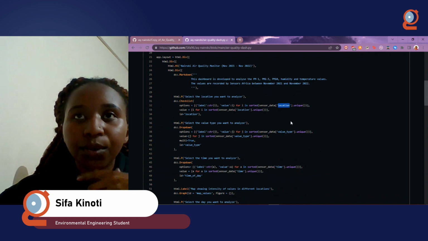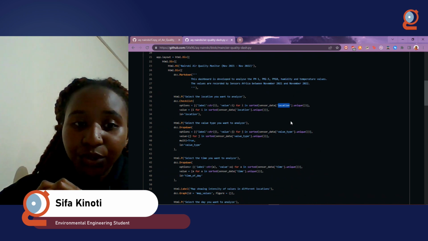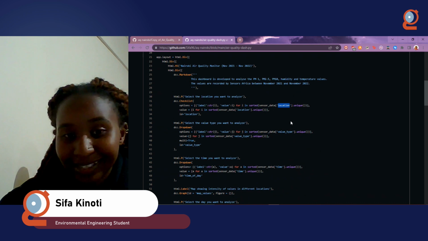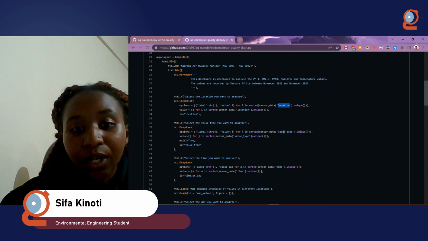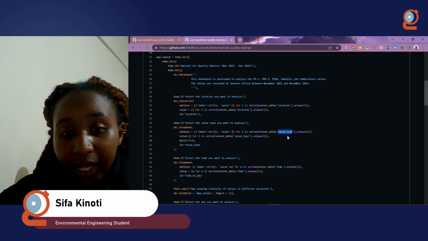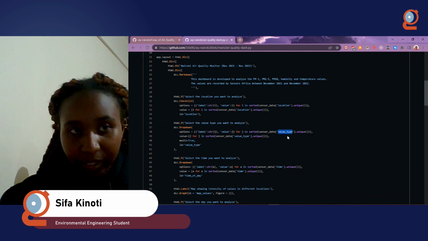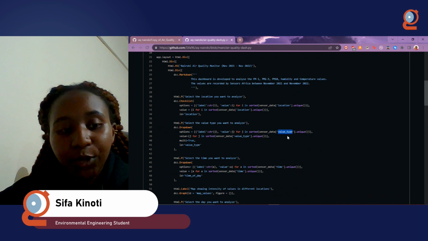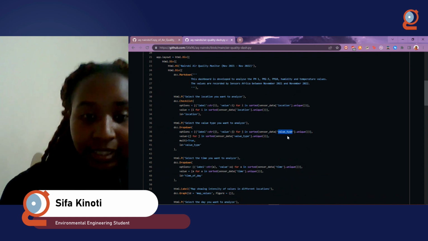We're going to ask you to specify the location where you want to visualize the air quality. We're going to ask you also to specify the value type. As you noticed in the Jupyter notebook when we were doing the exploratory data analysis, there were